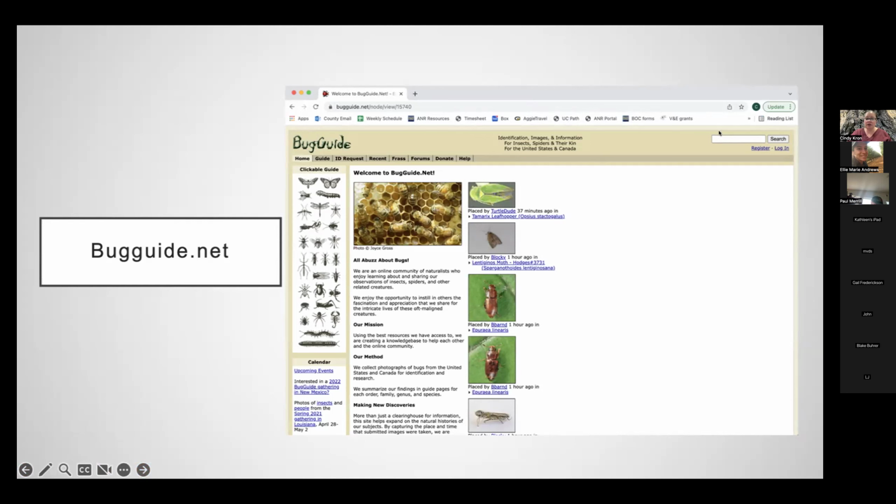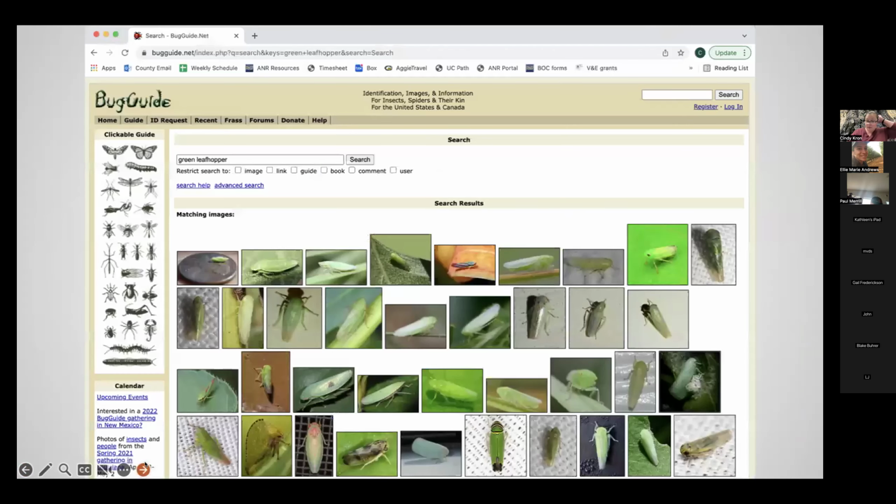And you can put information like what you're trying to search up here and then press search. For instance, I tried green leafhopper. I found a green leafhopper in the field. I'm trying to figure out what species I'm looking at. Well, I put green leafhopper and it brought up all kinds of different leafhoppers in the US. Then I'm going to scroll around and look for photos that look like whatever it is that I have found